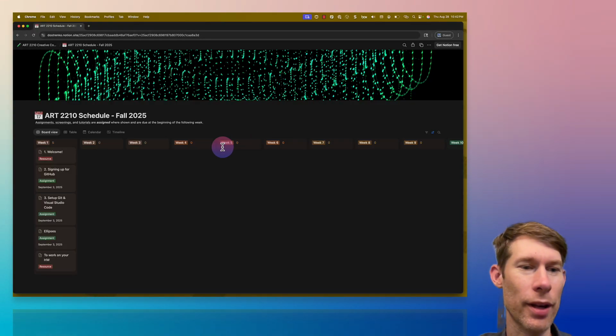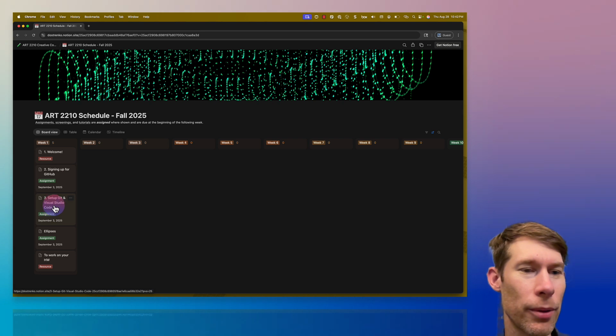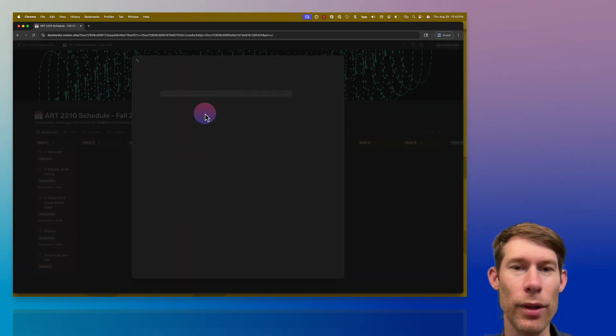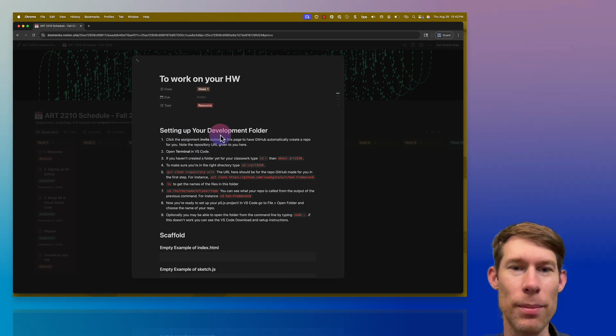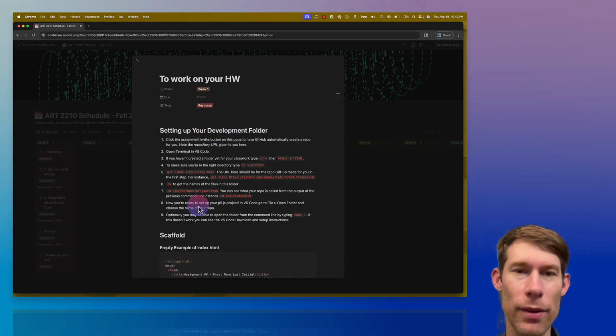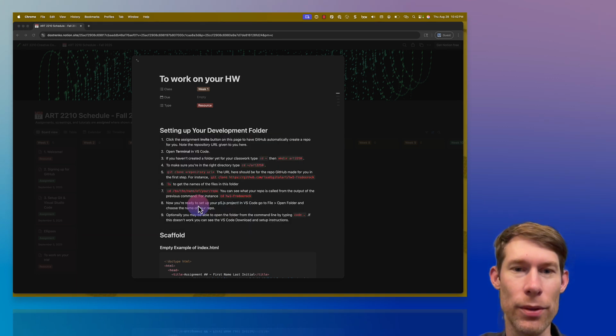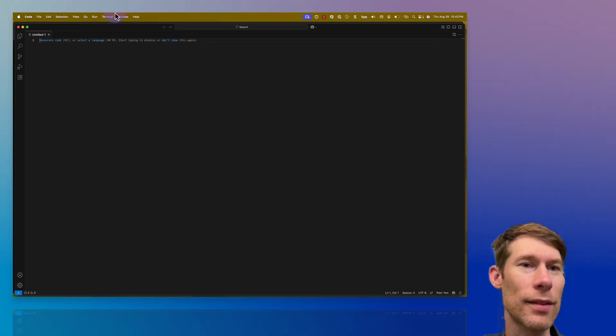Okay, so by now you should have Git and Visual Studio Code on your computer. The next thing that we're going to do is start to work on our homework. So we're going to set up this development folder, and I'm going to show you how to do that inside of VS Code. So I'm just going to search for Visual Studio Code, open it up. It's like this, and then I'm going to open up a new terminal here. So terminal, new terminal,